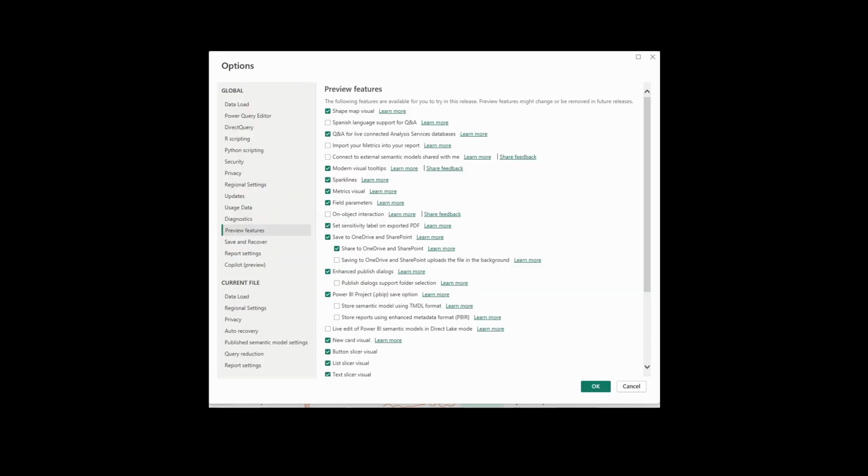Just a quick note, my tutorials are created with object interaction off, and I also have new card visual on. So if you want to follow along step by step, please adjust these settings in your Power BI reports if they're different. Now for this demo, I just created a simple background in PowerPoint that we're going to place our